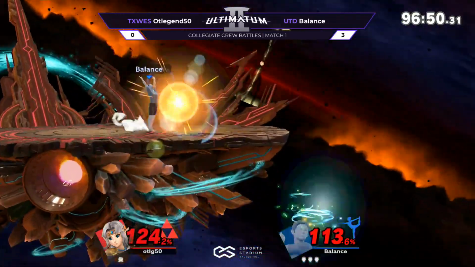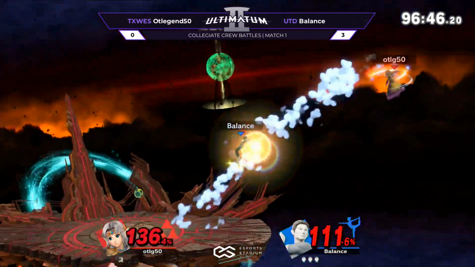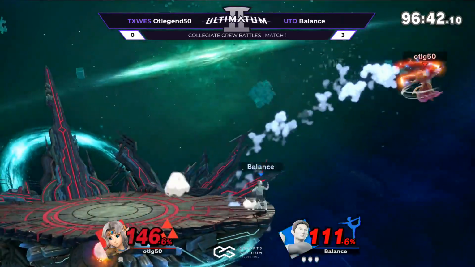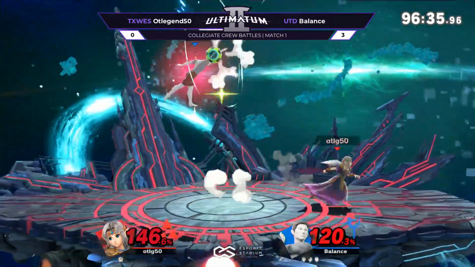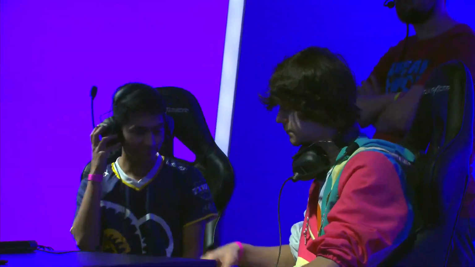OT Legend, I feel like his setups are there, but he's missing the last piece. You've got to recover. You've got to cover both options. So you basically have the Phantom to cover pretty much everything except the roll, and then you cover the roll. Okay. Yeah, and that back air should send it, and there it is, a fourth 3-stock for